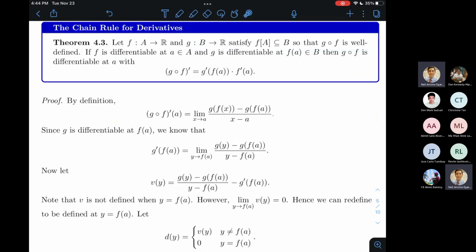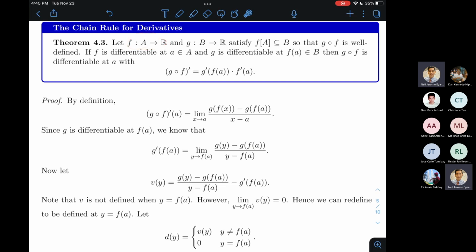Now, let's move on. We'll have Theorem 4.3, but again, this is your familiar chain rule for the derivatives. Again, in Math 36, the focus is for you to be able to apply the chain rule for functions or composition of 3 or more functions. Sa Math 155, natin siya ipoprove. Kasi nga hindi tayo magko-compute dito. Gusto nating malaman ano yung proof or bakit totoo yung chain rule. Okay? So we have the usual assumptions for the chain rule.